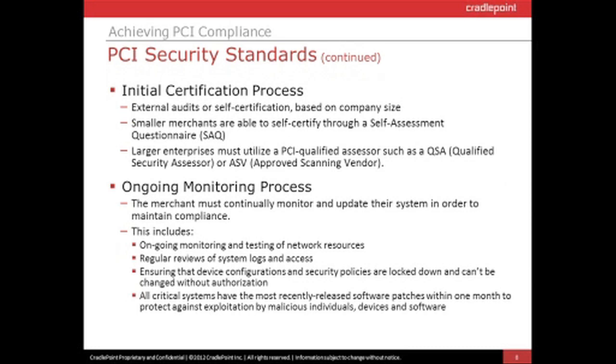My father, among other things, owns a small bed and breakfast in a rural town, and it was funny when he called me up and said, Ken, they took away my credit card machine. They said to get it back, I need to do something called PCI compliance, and I had to feign ignorance because I didn't want to really dig into it. But I can tell you that small business owners find this very confusing, and it's not really that different for